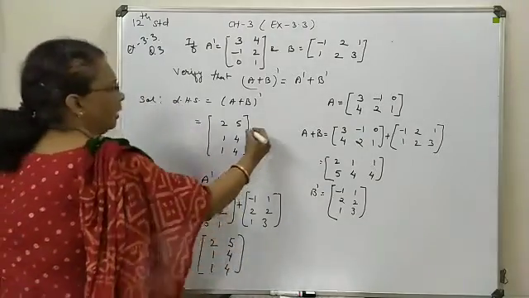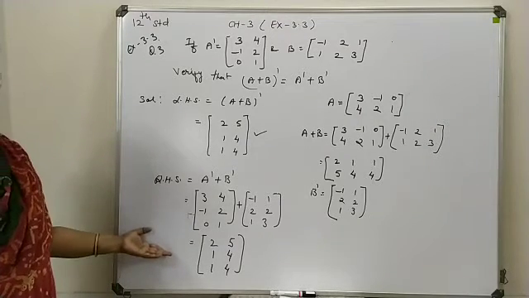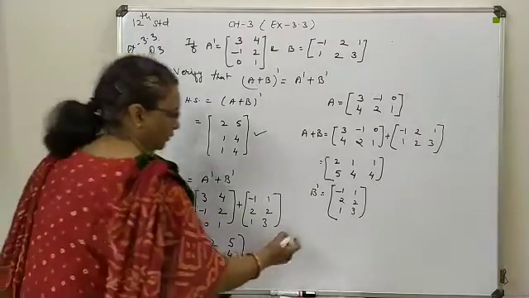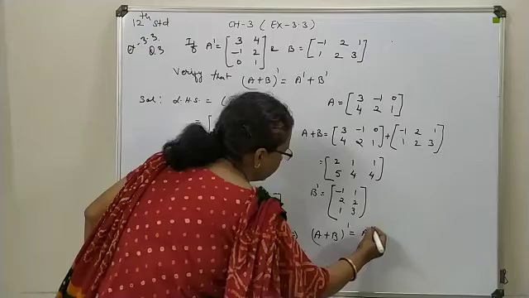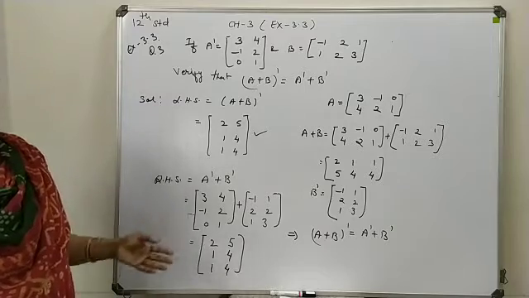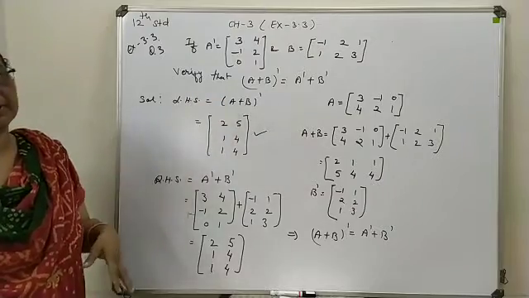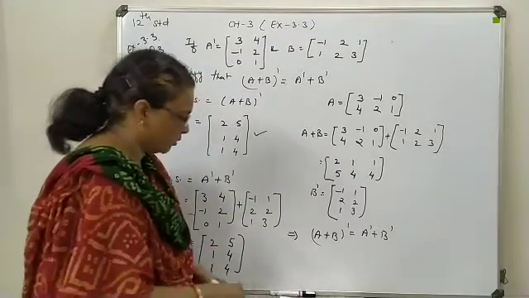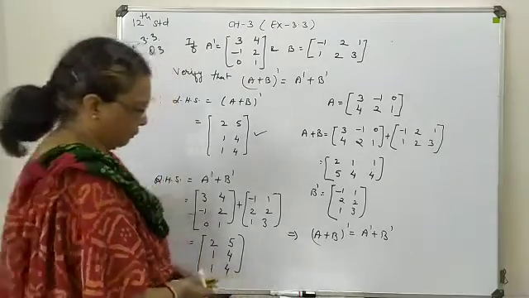So here you can see the result we have on the left-hand side, the same you are getting on the right-hand side. So in this way these two are verified. So the conclusion is (A plus B) dash is A dash plus B dash. Same way you can go for verification of the second part, which has the negative combination. Only in place of the addition you have to perform the subtraction, otherwise the method will remain the same. Now we will look at the next question, in which again we will go for verification as a product form.